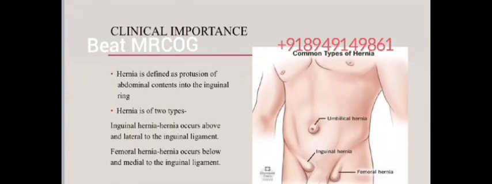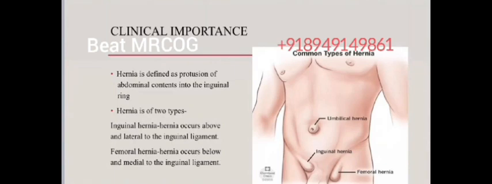In surgery there is a condition known as hernia. So what is a hernia? Can anybody tell me about hernia and types of hernia? Hernia is defined as protrusion of abdominal contents through a defect. It can be any of the structures of the intestine, Meckel's diverticulum, or any of the following structures in the abdomen. There are many different types of hernia, but in today's class we will be reading only about two hernias, that is inguinal hernia and femoral hernia.